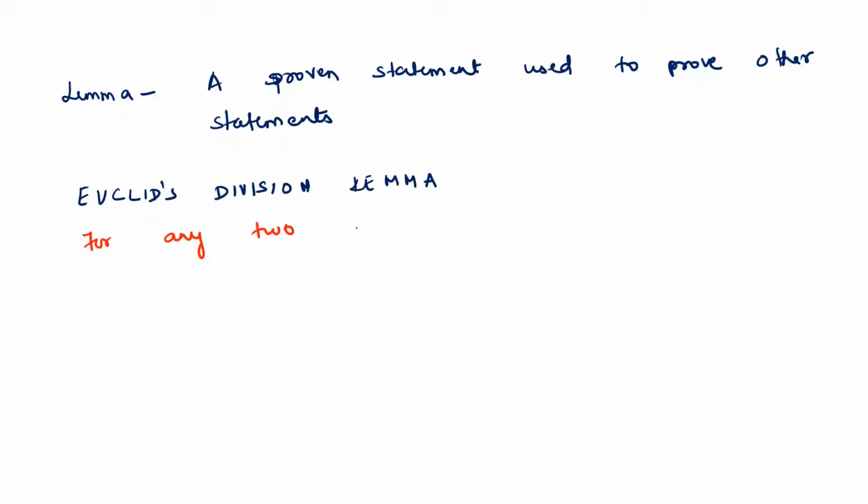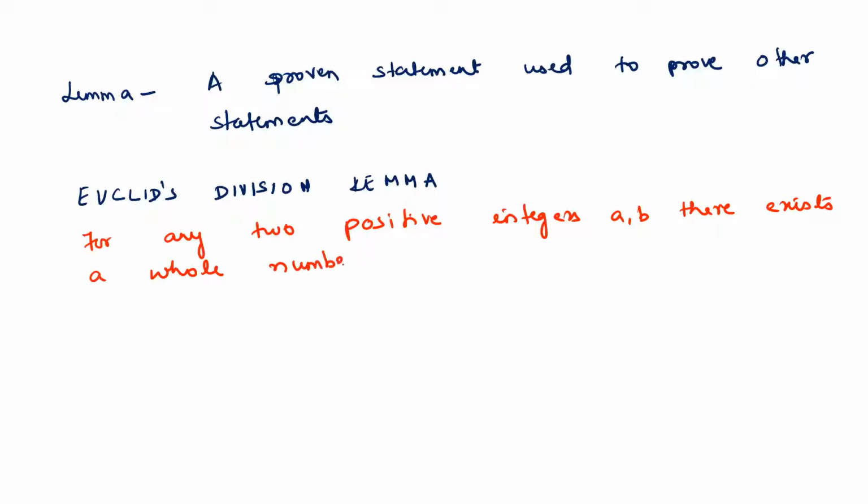For any two positive integers, or for any two whole numbers A and B, there exist whole numbers Q and R such that A is equal to BQ plus R,